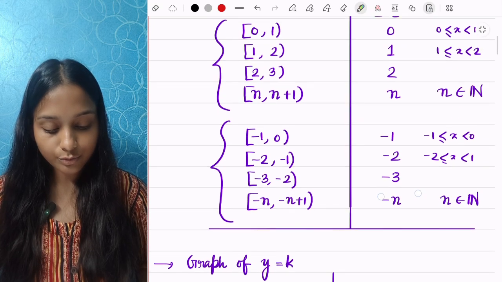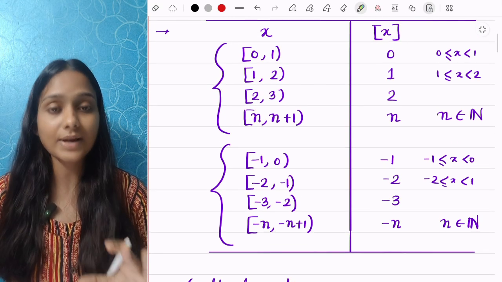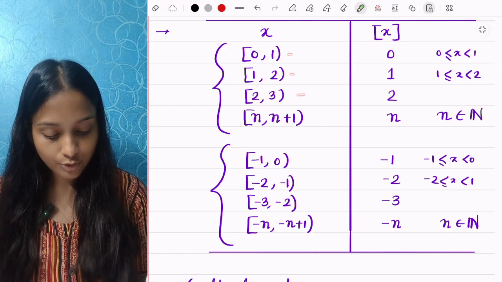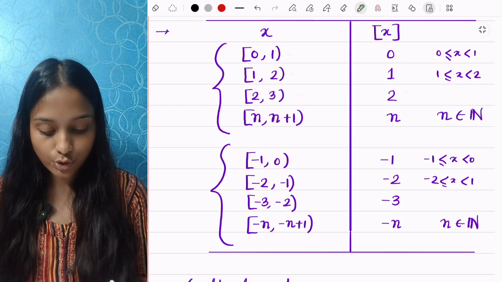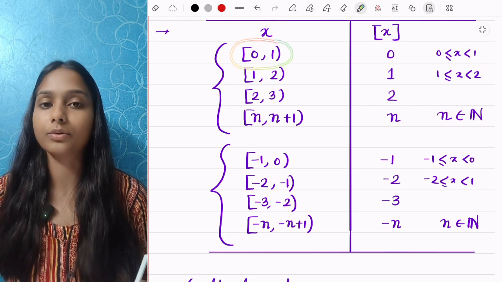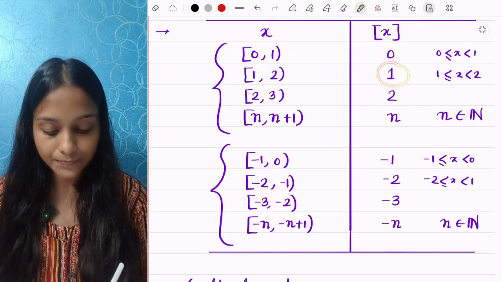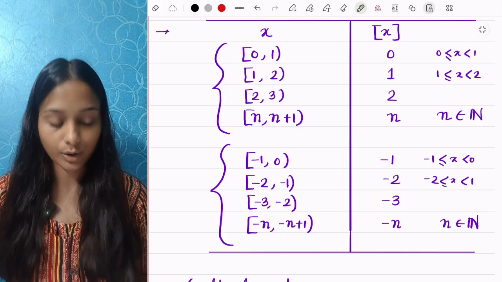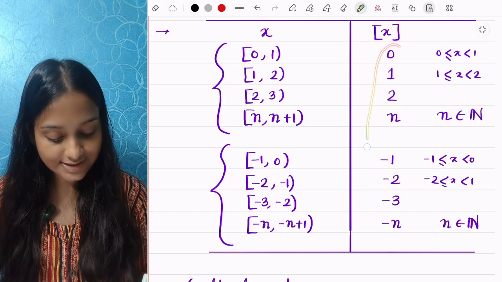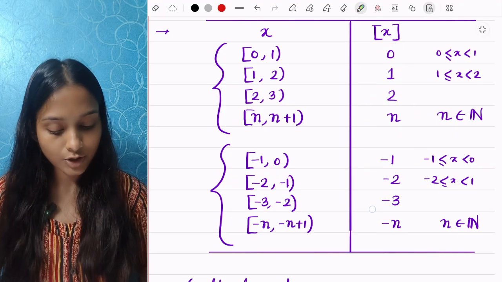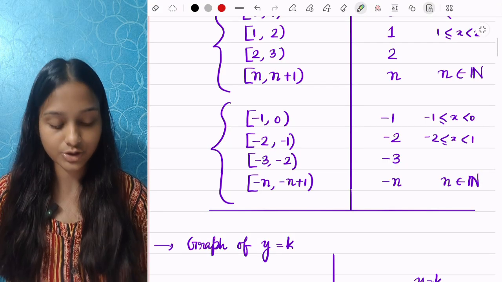Okay. Now we can see here that this is a piecewise function. So for different values of x, we will have different outputs. So what we need to do is plot y equals 0 between closed 0 to open 1. We need to plot y equals 1 for the interval closed 1 to open 2 and so on. So we need to plot these kinds of functions, y equals 0, y equals 1, y equals 2 and so on. So let us now see how these functions work.